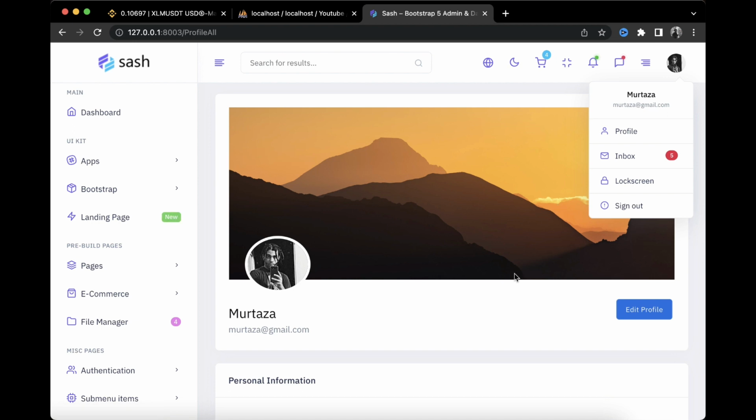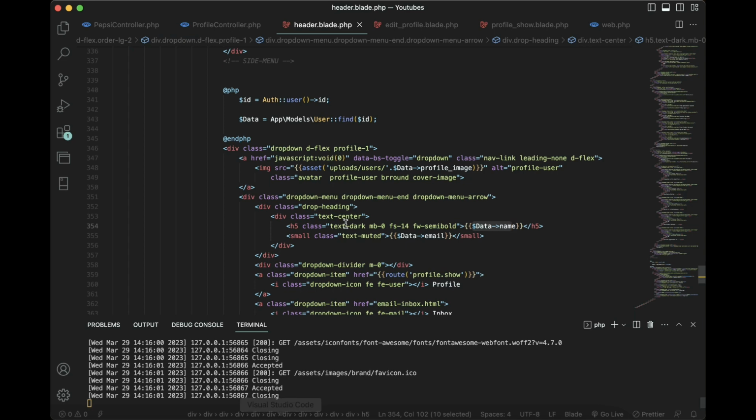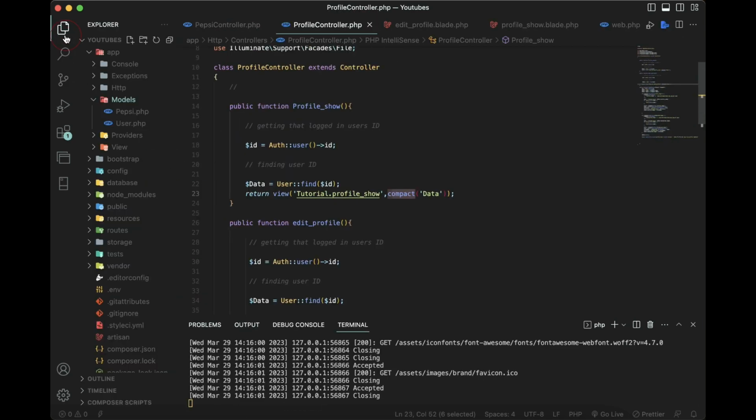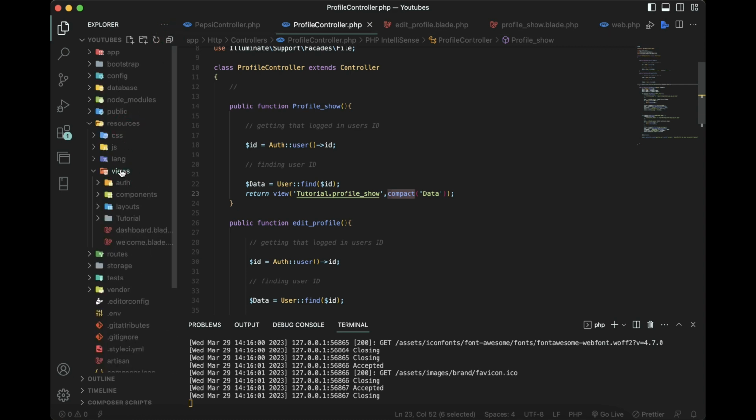Now what we can do here is we should add a link to this button, and then also we need to create a page. Now to do that, I'll go back to my code editor. I'll close the header view blade because I don't need that anymore, and then I'll just go to my resources, to my views,